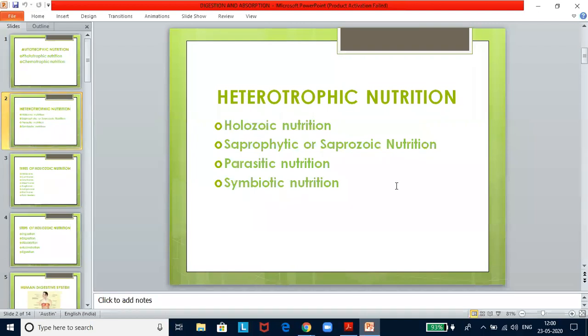So heterotrophic nutrition can be broadly classified into holozoic nutrition, saprophytic nutrition, parasitic nutrition, and symbiotic nutrition. Nutrition involving engulfment of the whole or part of a plant or an animal, either in solid or in liquid state, is called animal holozoic nutrition. Now, if we look at saprophytic nutrition, a few animals do not ingest solid food. Instead, they secrete digestive enzymes directly onto their food, which is dead or decaying matter, and then suck the digested food outside the body. This kind of nutrition is called saprophytic or saprozoic nutrition.